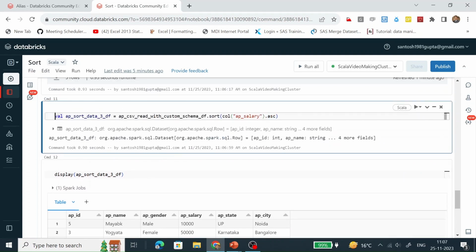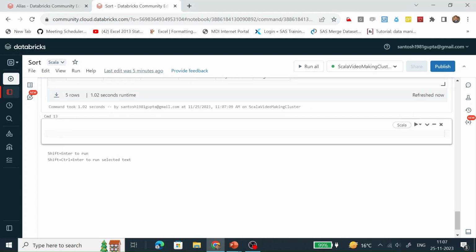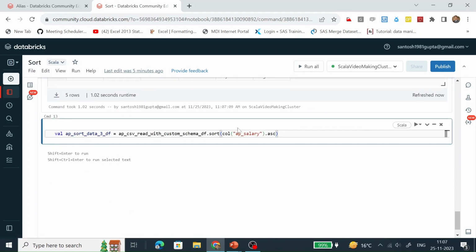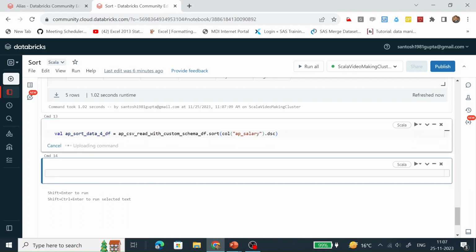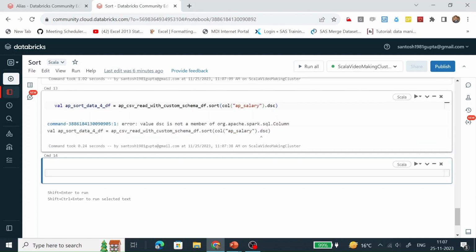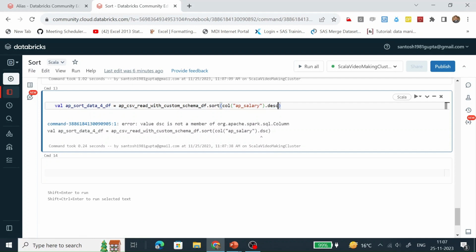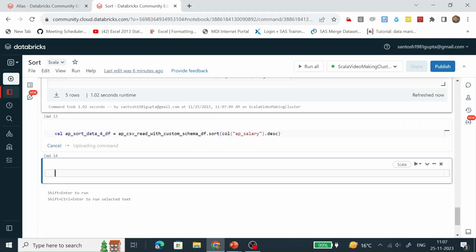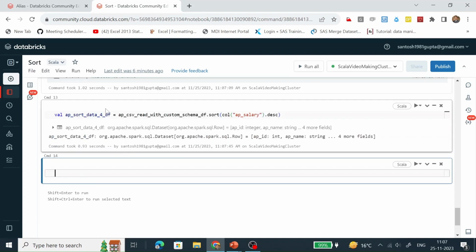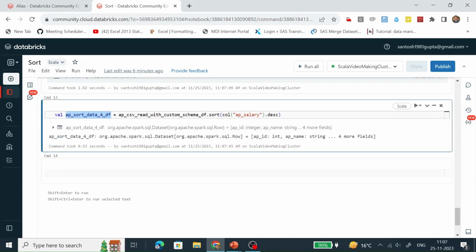Let's sort it based on descending order. Okay, it should be DESC. There's a typo. Now this data frame has been created.